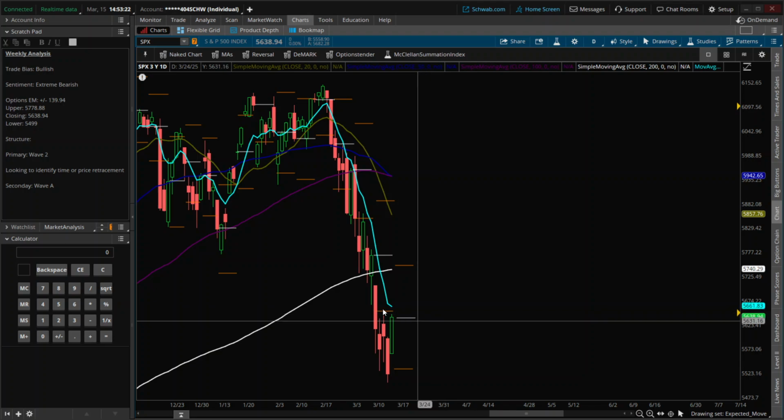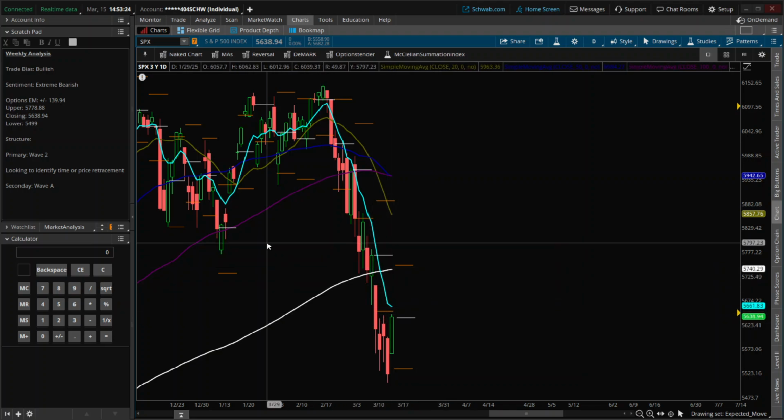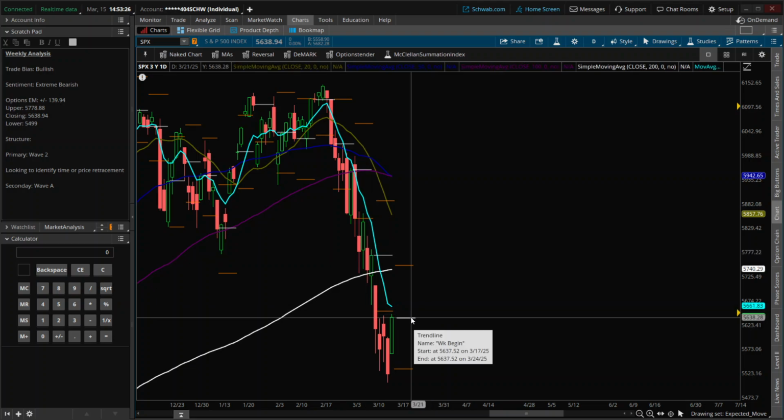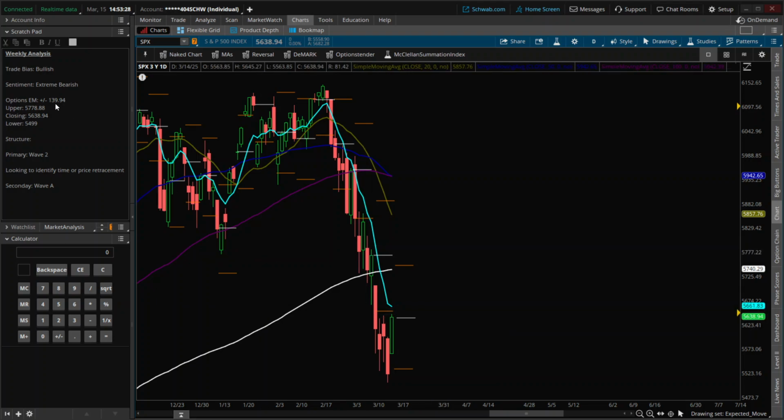And our options expected move for this week is non-biased to the up or downside, but we're looking at a move that's about 140 points to the upside or 140 points to the downside. It's a massive move that the options market is expecting. And I think we will end up on the upper end of that options expected move here at the 200 moving average. I think that is the most probable move